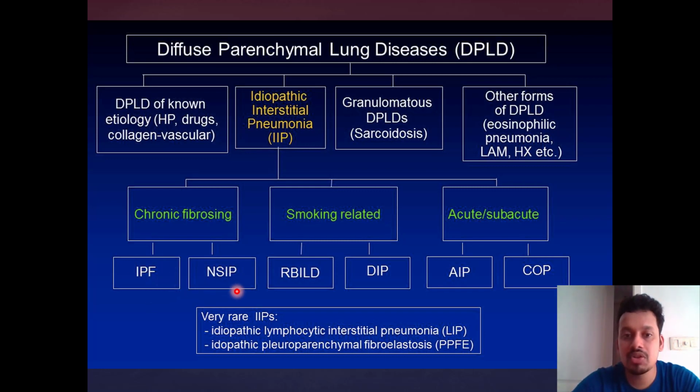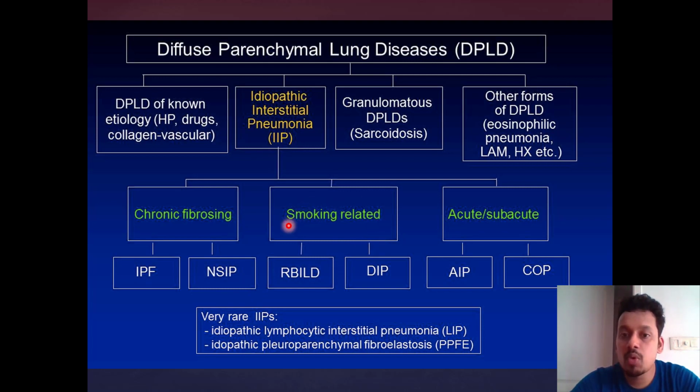The next case scenario we saw was a female patient in her 40s or late 30s, presenting with extrapulmonary manifestations. You saw the CT scan, there was a classical subpleural sparing. You investigated the patient for connective tissue disorders. I hope you remember the minimum investigations which are required in a patient with NSIP pattern. These patients can be treated with corticosteroids with or without azathioprine.